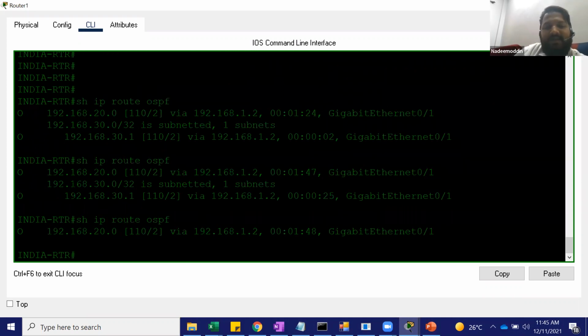See, that route is gone. Why? Because that network is down. But in RIP, when you shut down, it will take some time to remove the route, because it takes 240 seconds to flush the route. But OSPF is very fast. It is link state. If one link goes up or down, it will update to each other.